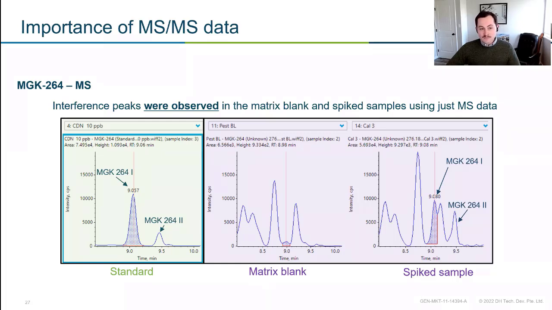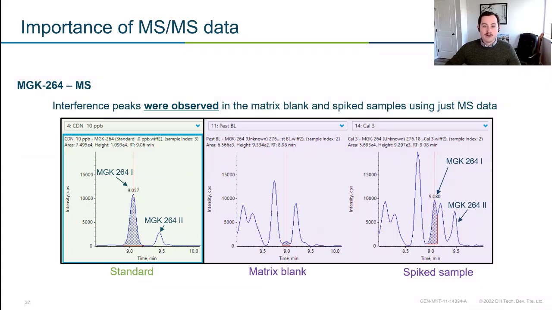And because of the sample, we knew it was a clean sample. So we went ahead and spiked it, and we saw our pesticides appear. But again, going back to our LC section, we didn't have the chromatographic resolution to separate them from that interference. So we end up with this kind of odd backwards L integration. I'm not super confident. I know that value isn't going to be very accurate, since I don't have my nice Gaussian curve. I don't really feel good about this data set when I'm just using my MS data.